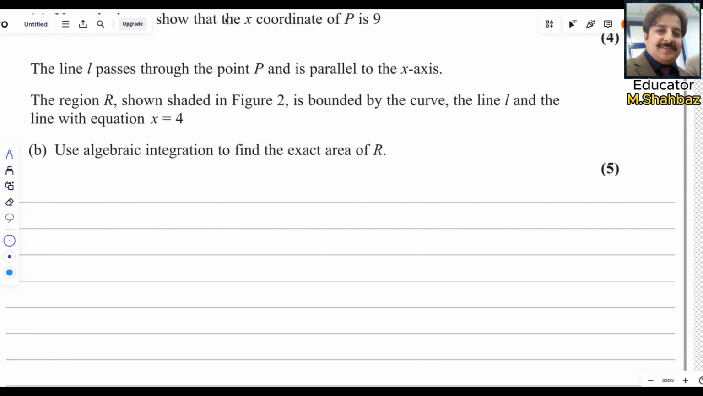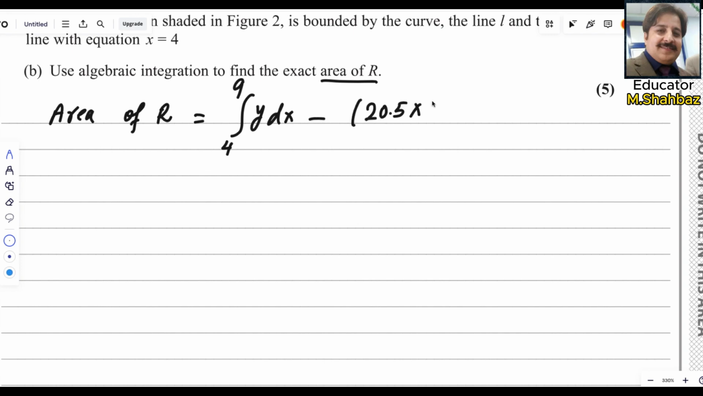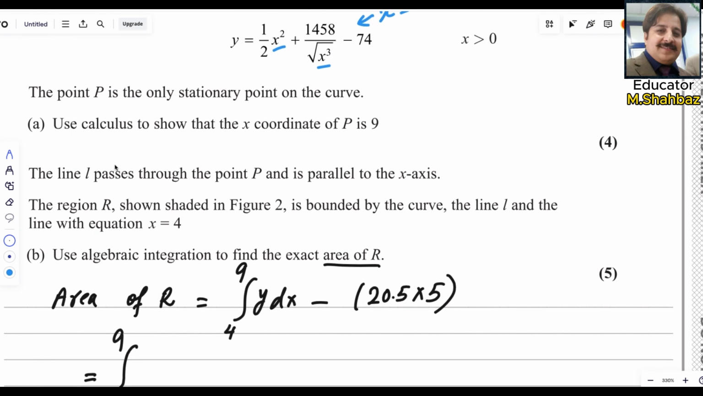Let us go and write all these things in the space here. So you want to find the area of R. Area of R will be equal to the integral from 4 to 9, the area under the curve, minus the area of the rectangle, that is 20.5 multiplied by 5. Now use the value of y. We know that y is given in the question, that is 1/2 x squared